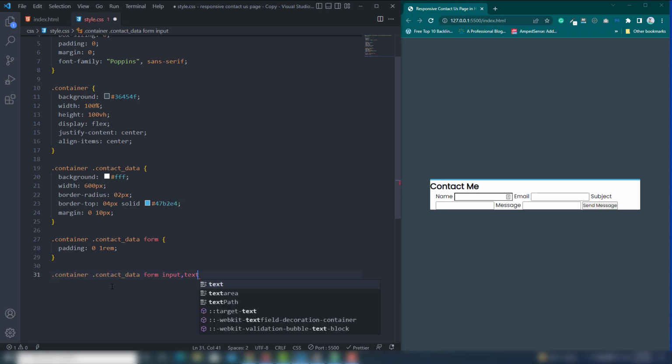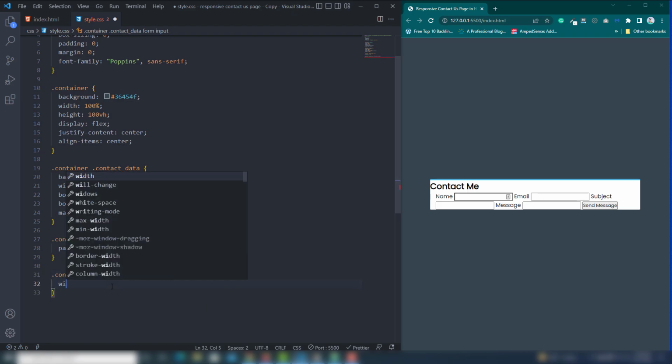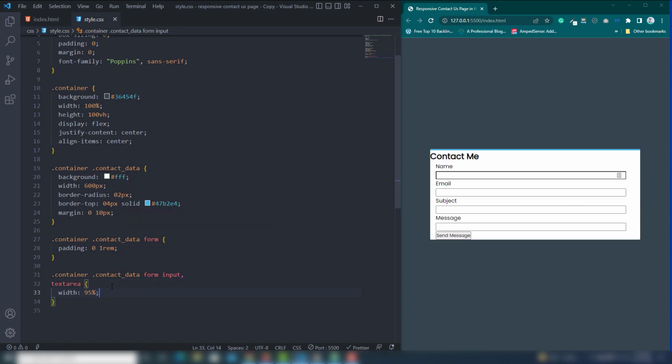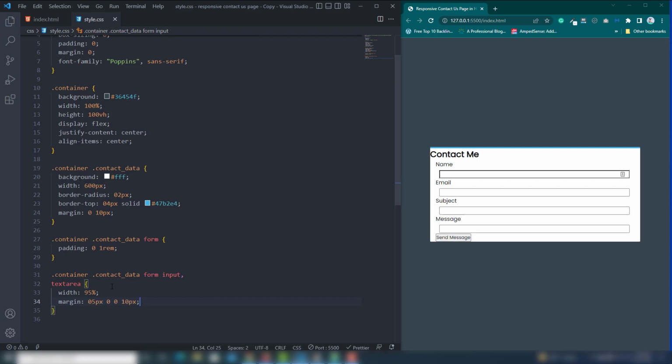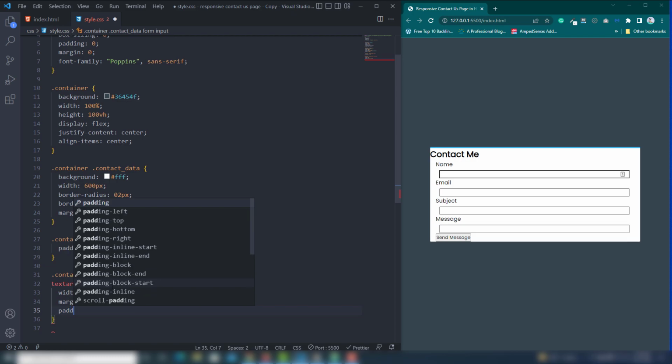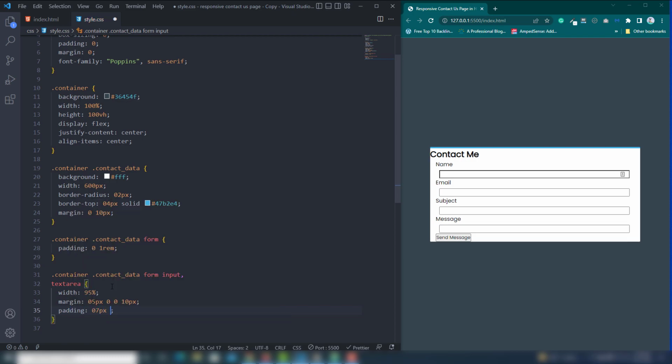Inside the input field, I'm going to also select the text area, because I will assign the same thing: width will be 95%, right? I'm going to use margin 5 pixel, 0 pixel, 0 and 10 pixel, right? I'm going to use 5 pixel on there, right, to move in the right side. Then I'm going to use padding top and bottom 7 pixel, left and right 10 pixel,